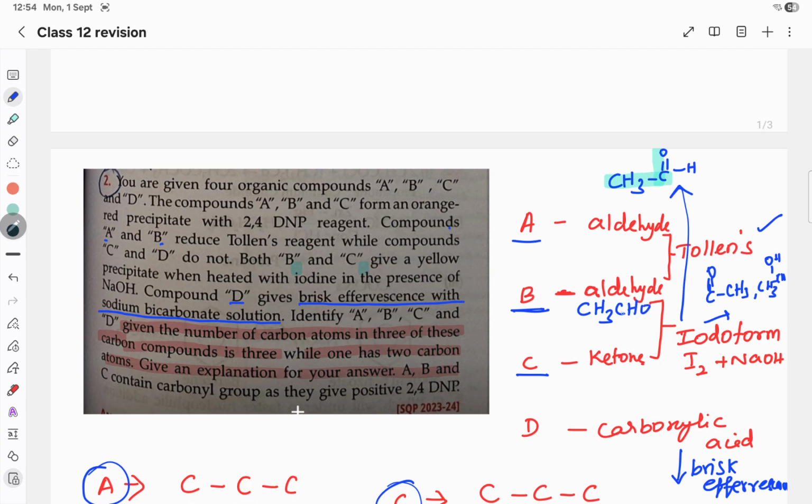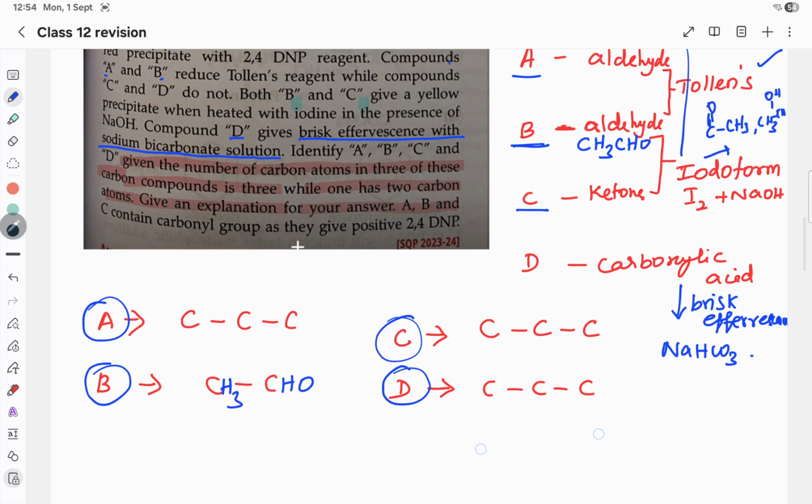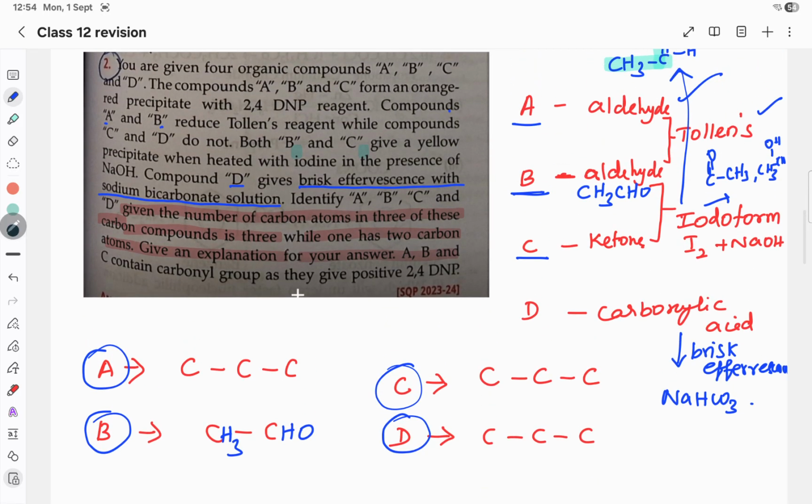So compound B is going to be the 2 carbon compound, which is acetaldehyde. And then A is an aldehyde, sorry, so it is